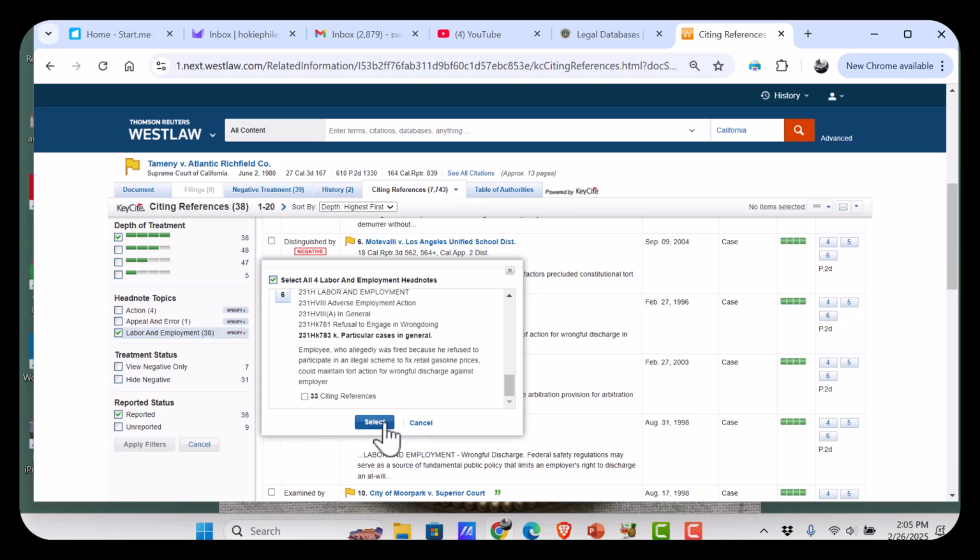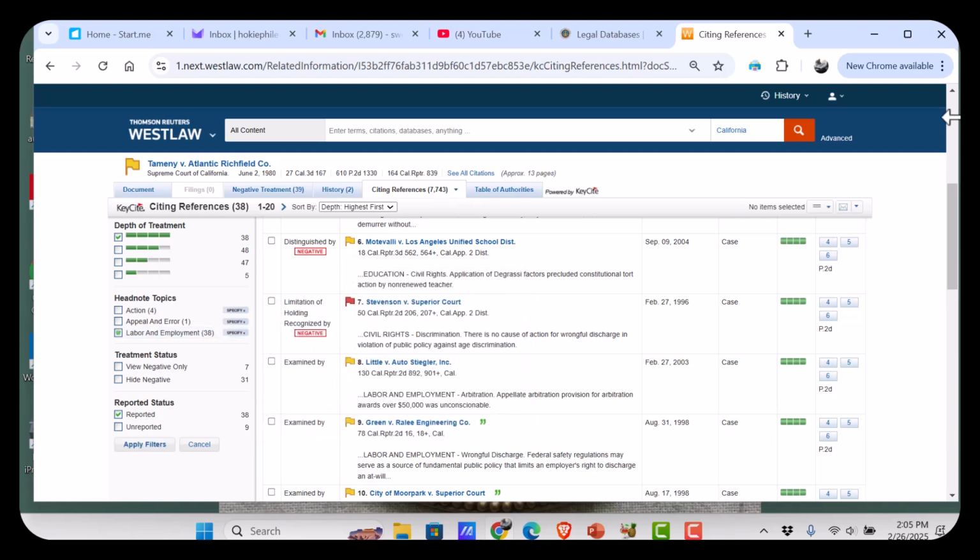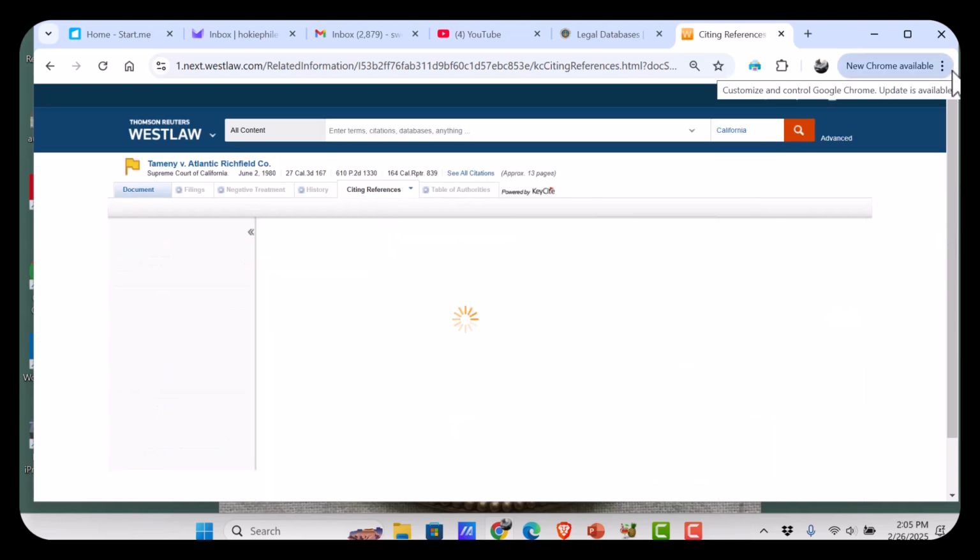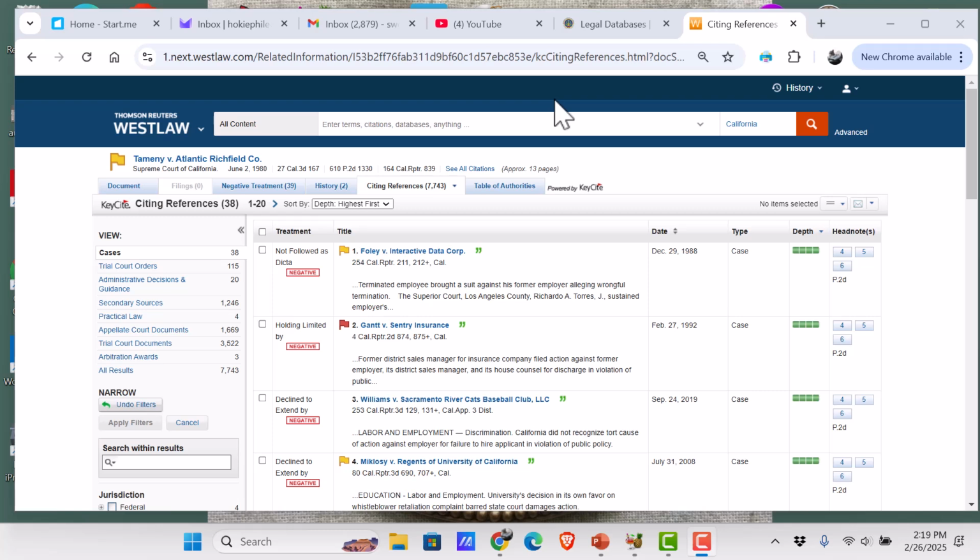Okay, so basically we just walked through everything we had done earlier in the other videos, so I hope it helps put it into some context about running a natural language search and then using what you found to find additional cases on point. In the next video, I'm going to show you a few terms